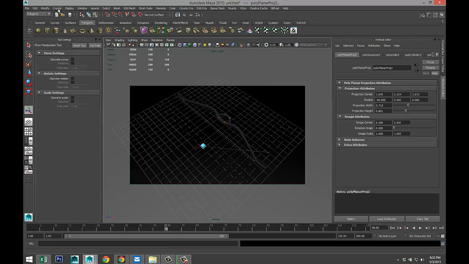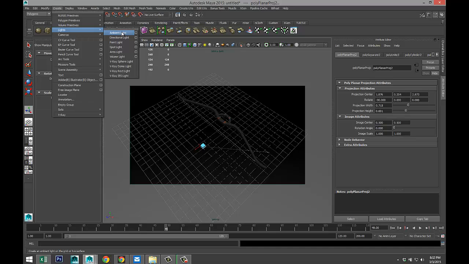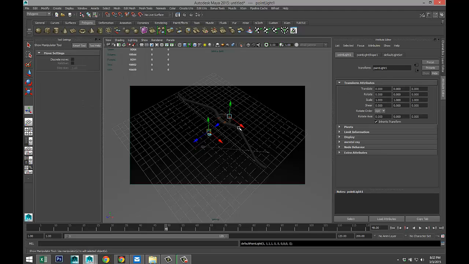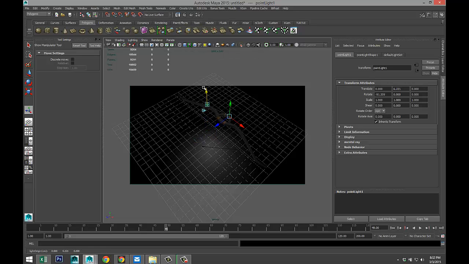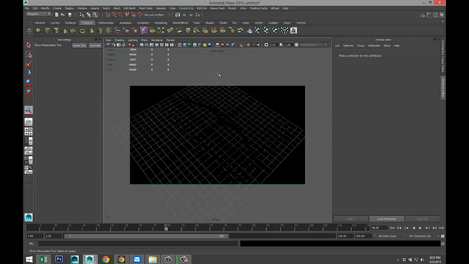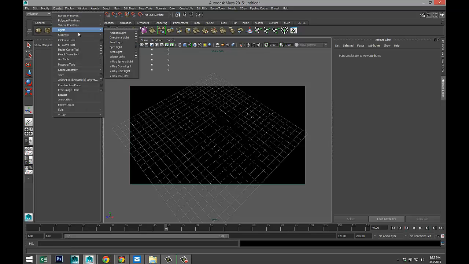We're going to create some lights. So create light. Let's do a point light. Yep. Hit 7 on our keyboard so we can see what our light is doing. And we're going to bring that out. Actually, we're not going to do that. We're not going to do a point light. Create lights.